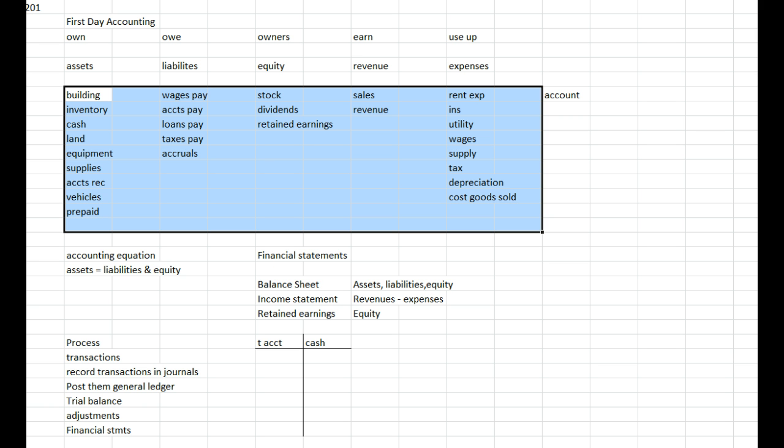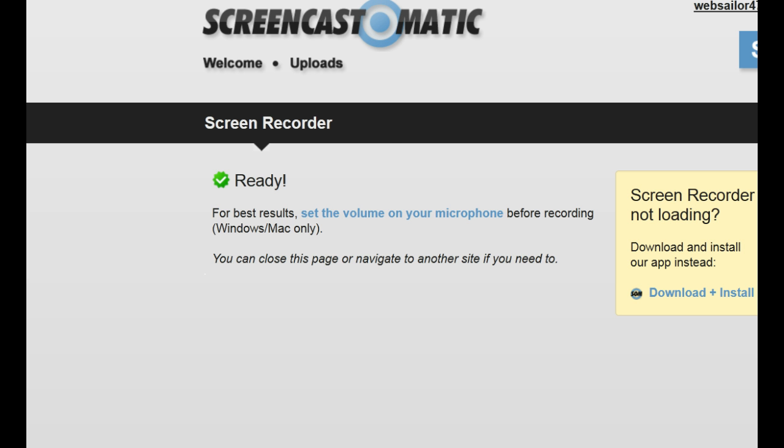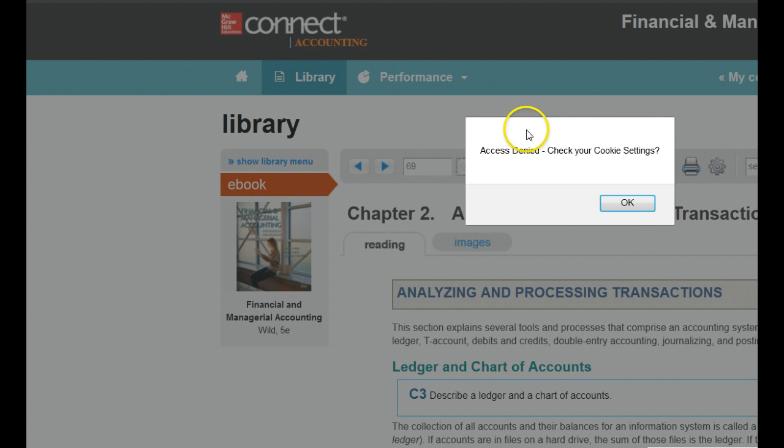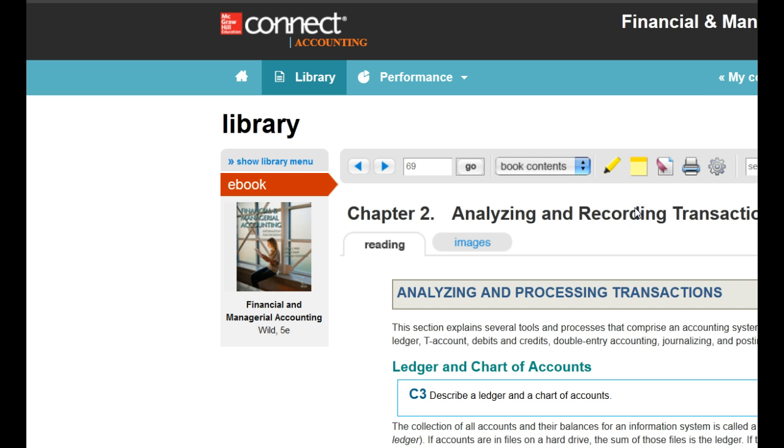All right. And let's see if I can find an example of these for you. Oops. And I'm going to go to page 69 in our book, hopefully. Oh, access denied. I guess I won't go there. Well, you can take a look at page 69 in your book,